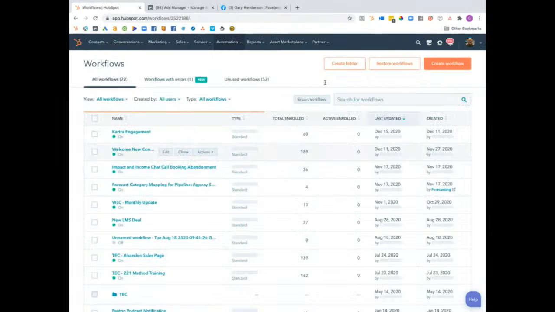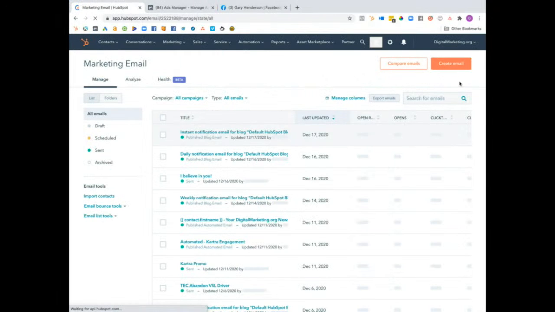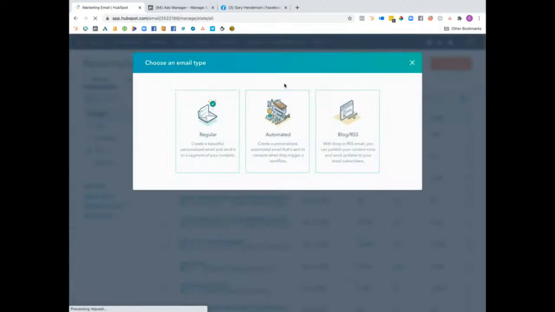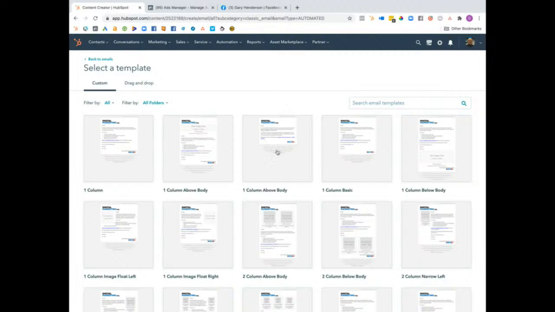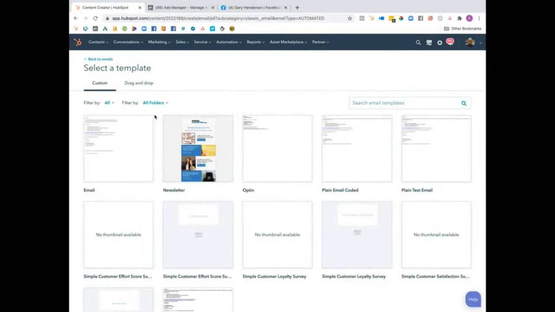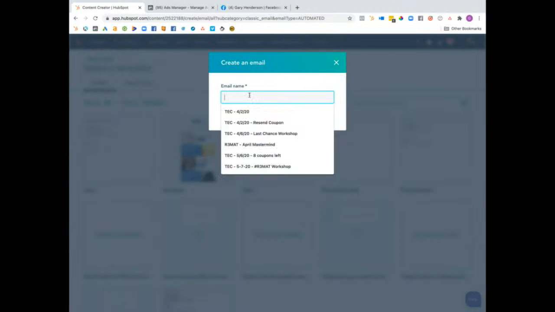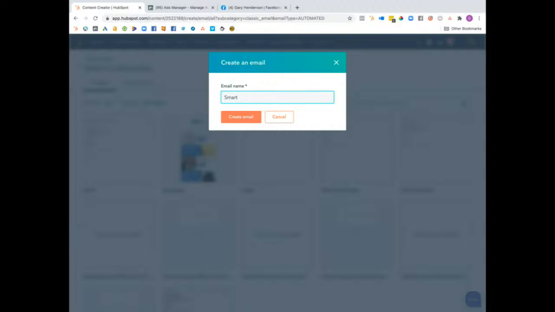Let's go back to my workflows. Let's go into our emails. Start an email. We're gonna write an automated email. I'm going to have a bunch of saved templates in here. I'm just gonna use a basic email. We're going to call this smart funnel